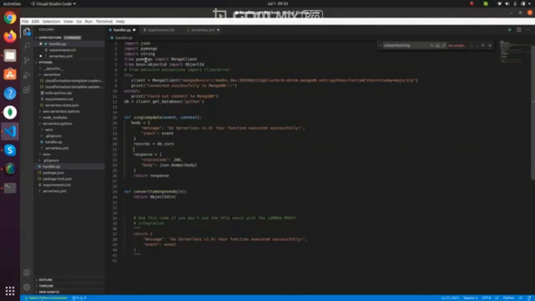Now hit the query ID, underscore ID, and here object